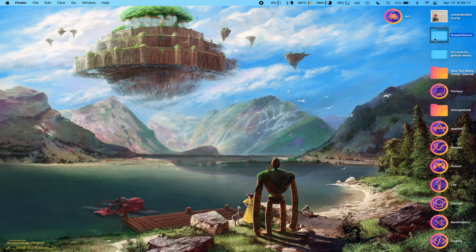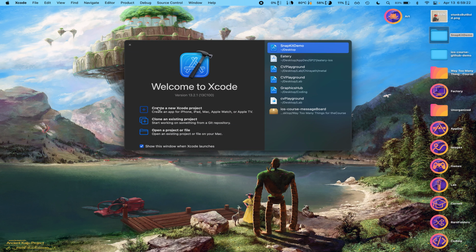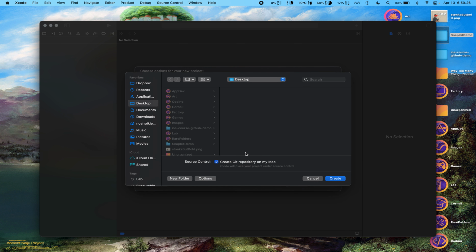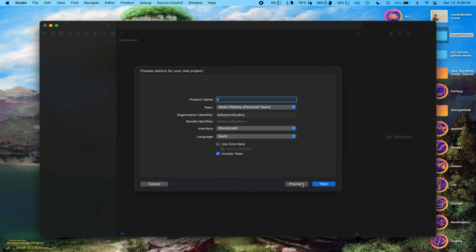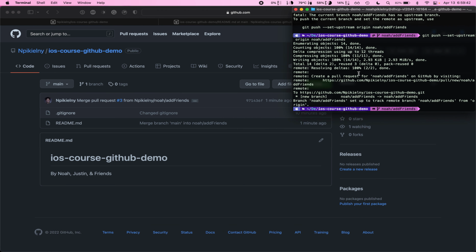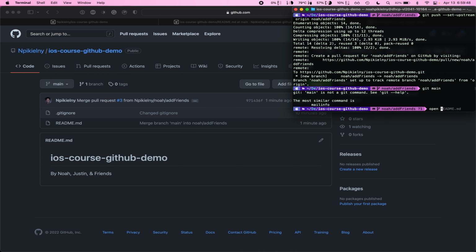Oh, also when I was making this project, here I'll make a new one just to show you. Initialize it with a Git repository. You don't have to, but it's way better. It's easier. It's fewer commands for you to remember. So ideally we would just drag this in because that's how we could add anything because it's a change, so it would track the change and so if I go back to main, oh, I don't know if that's going to be a problem. If I go to main,